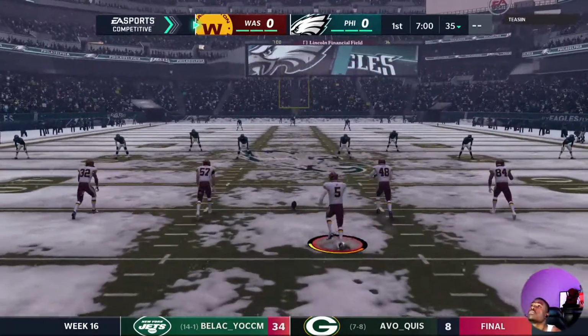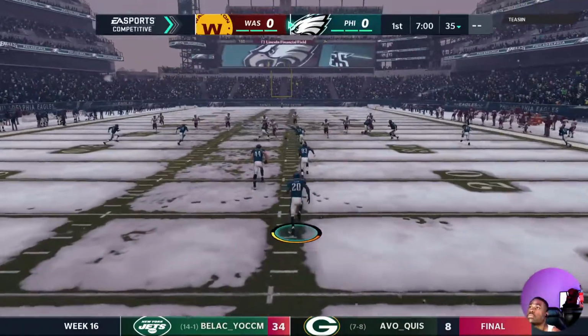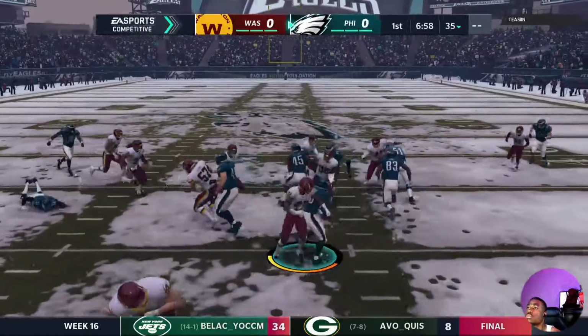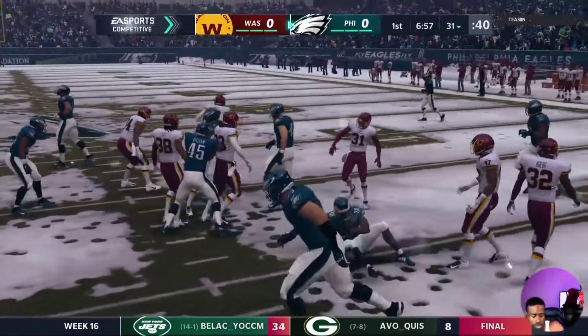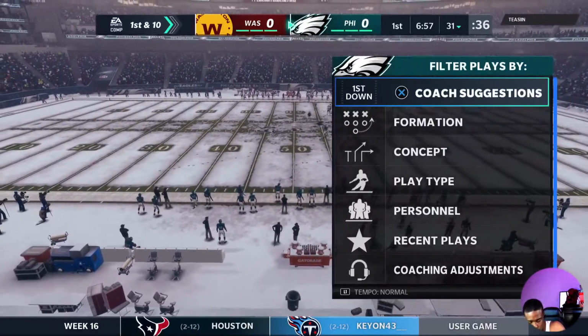NBA season is upon us. We've got the gift of the NFL as we're underway here in Week 16. Taken from about the 12. And they're going to start this drive in pretty good shape up past the 30, at their own 31-yard